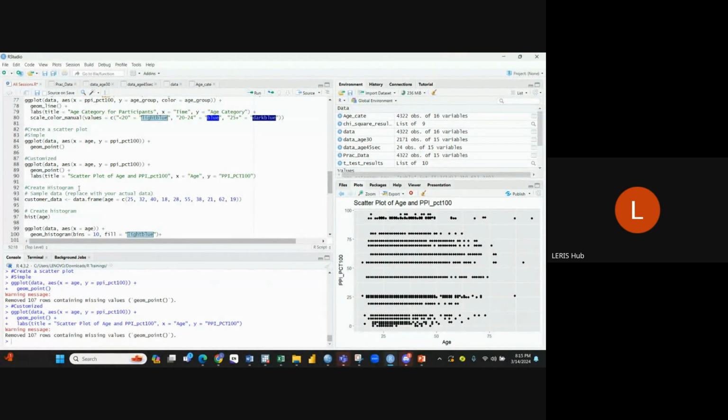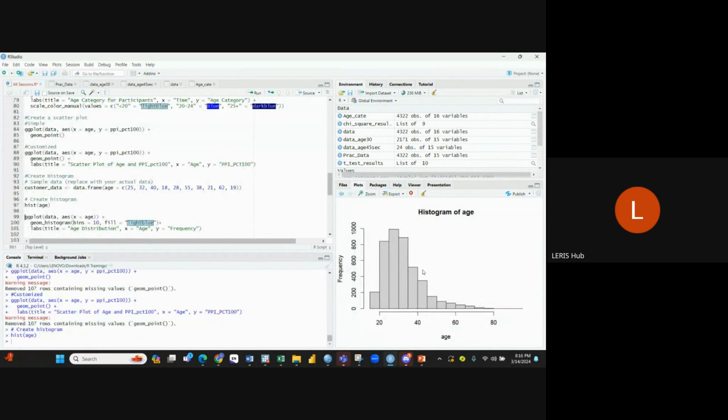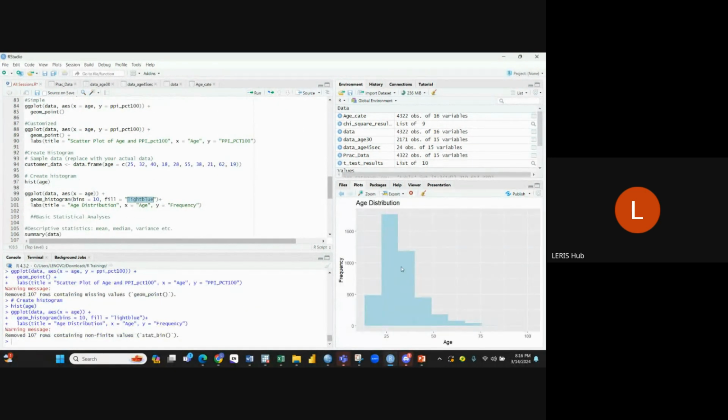We're able to see the simple histogram. Last time we just did hist, for example, of age, and this one we saw even last time. It's simple, it's not looking well, but you can make it better now and make it more colorful. And here now it eliminates missing values. So it can tell you 107 rows containing non-finite values have been eliminated. So if you want to change this color to yellow or green, for example,